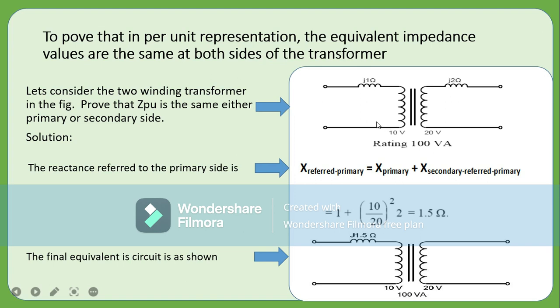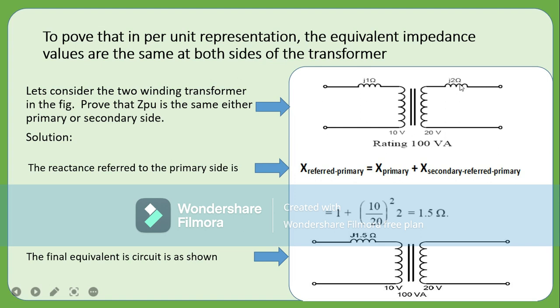The base voltage, while 100 VA is the base power. So we say the reactance referred to the primary side is, if we want to refer all the reactances to the primary side, you know how that is done, this multiplied by what? The square of the turns ratio, the transformer turns ratio. So what is this transformer turns ratio? The transformer turns ratio here is